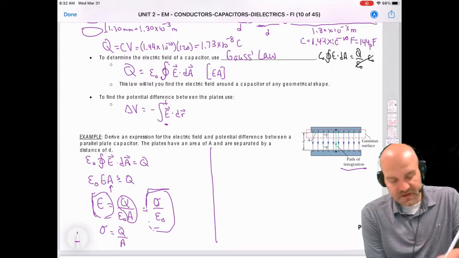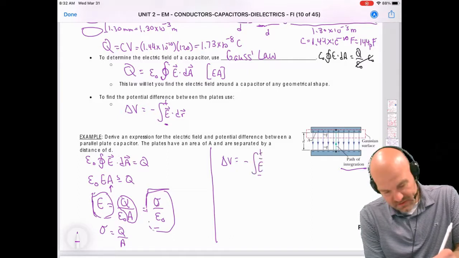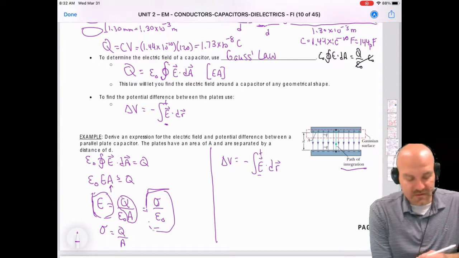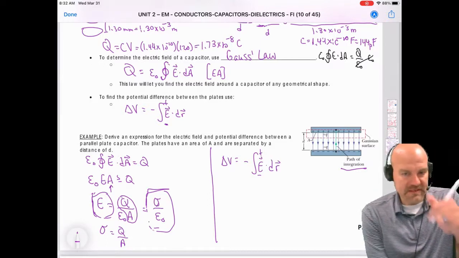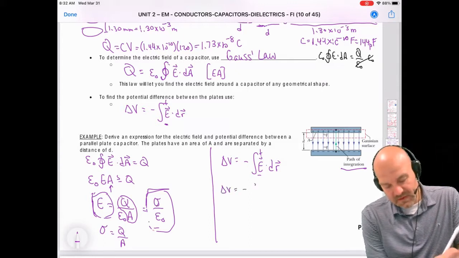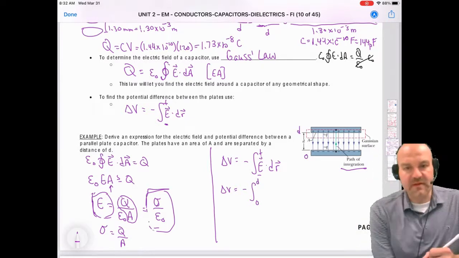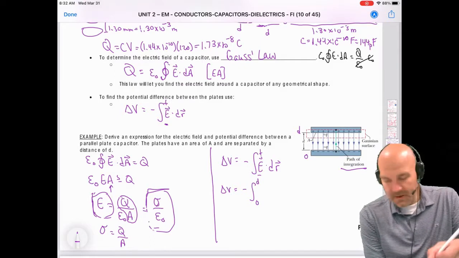And now let's find the potential difference. Delta V equals negative, from negative to positive, of E dot dr. Now my r is going to be d, but I'm not going to put dd, I'm just going to leave it as dr. So delta V equals negative, from 0 to d, because this is 0 and this is d, the distance between them, of